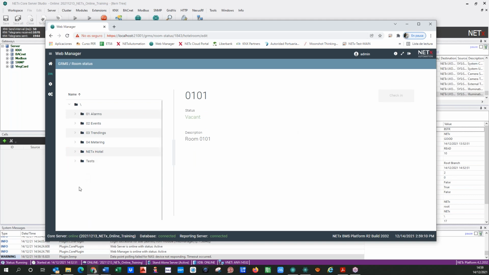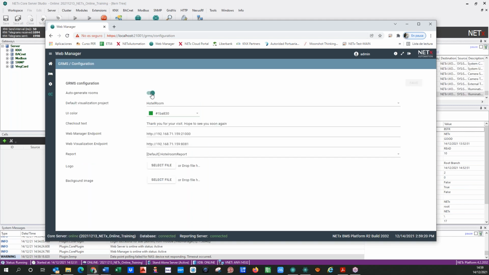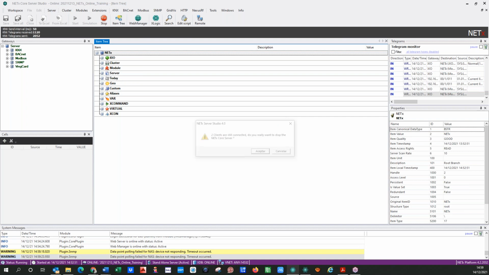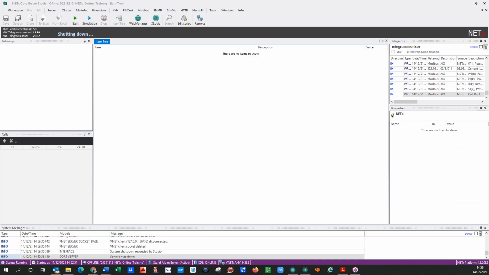So the second and last example of today, and we will finish this example with the visualization at the end of the sessions. The second example of today is, we can create our own rooms. Let's do it manually. So I will do different changes. I will deactivate this auto generation of the rooms. I will restart the server. I'm not sure if it's going to disappear, but I will restart the server. If it's not disappearing, I will hide the Fidelio rooms. I will convert to comment the Fidelio rooms because I want to show you from scratch how to do this